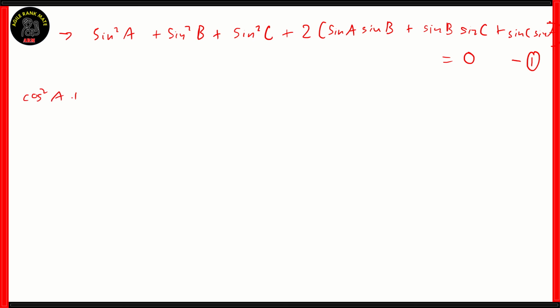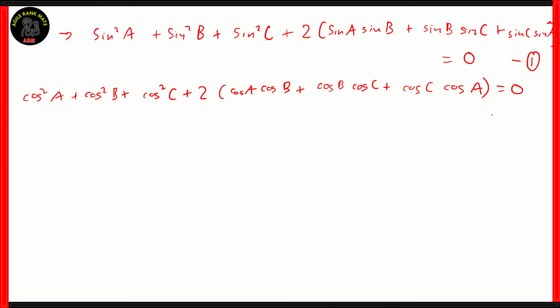So cos squared A plus cos squared B plus cos squared C plus 2 times (cos A cos B plus cos B cos C plus cos C cos A), and that's equal to 0. We'll consider this to be equation 2. Now, on adding 1 and 2, we know the right-hand side would still be 0. 0 added to 0 is still 0. So, what are we going to do? The left-hand side would now read